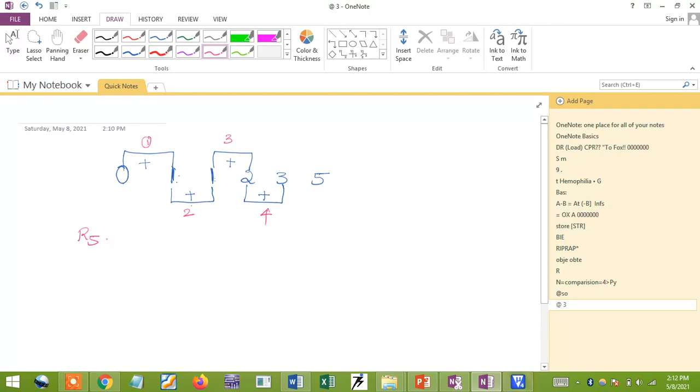That's why I'll take R5 equal to 4. So how to load this 4 into R5? I have one instruction for this, that is MOV R5, comma hash 4. So this is the instruction I'm going to use.